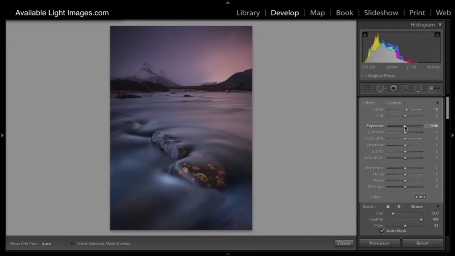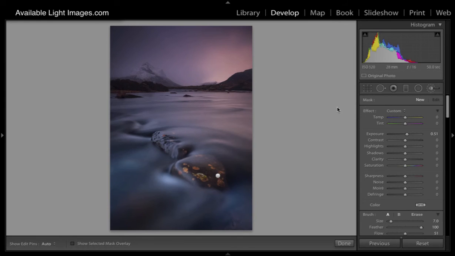If I did want to brighten it a fraction, I can do so. So again, another gentle adjustment. And the point with these adjustments is that you're leading the eye through the frame exactly where you want it to go. So I want to enhance this line in the foreground. So I'm going to use a new adjustment,